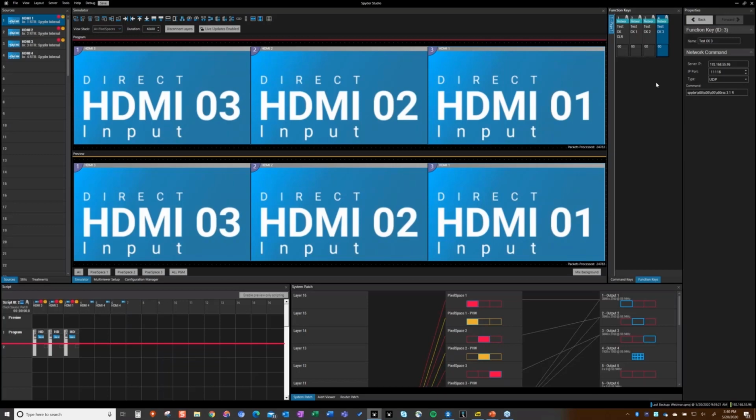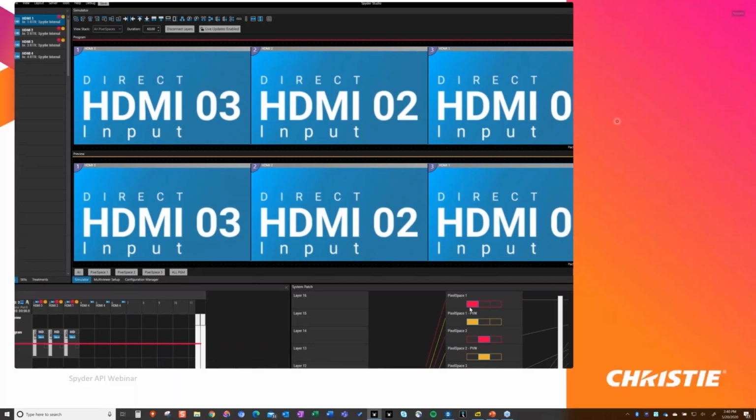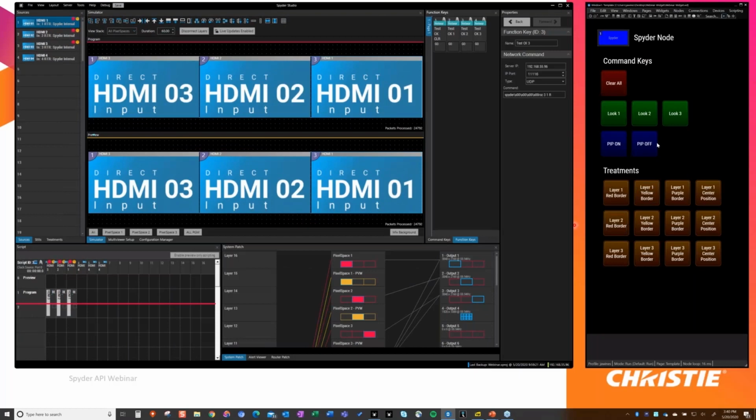So I'll move on quickly here to show you my little widget designer GUI. So this is Widget Designer, and I've created a Spyder node here, and in that node, it's basically referencing my local remoting server over here. I've come in and I've programmed command keys. So these are all my command keys on the user interface. I sort of walk through that on those slides, but now I'm connected and I can simply click any of